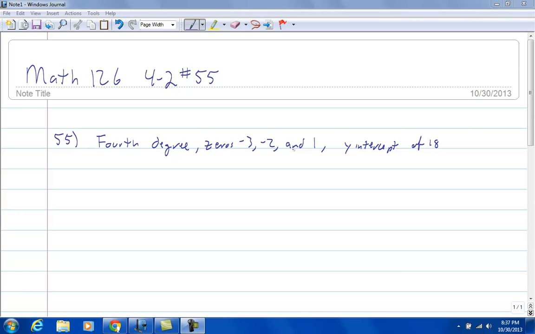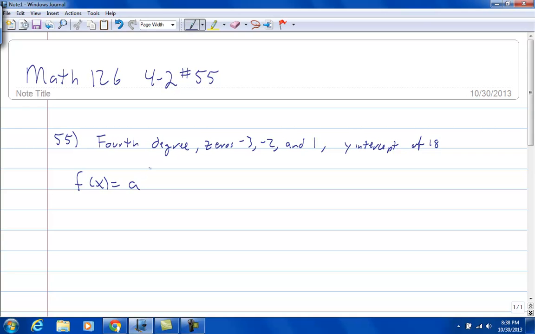Now, if you read the instructions, it says the answers may not be unique, meaning there may be more than one answer for this problem. And you can make the -3 a double root, the -2 a double root, or the 1 a double root. So I'm going to do this where the 1 is a double root. So we'd say something like f of x